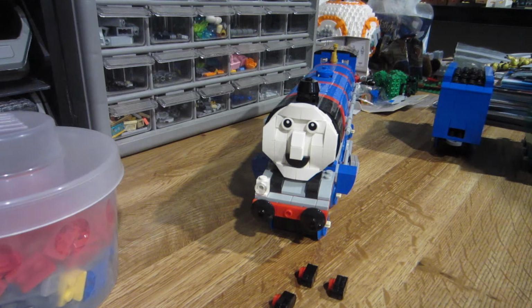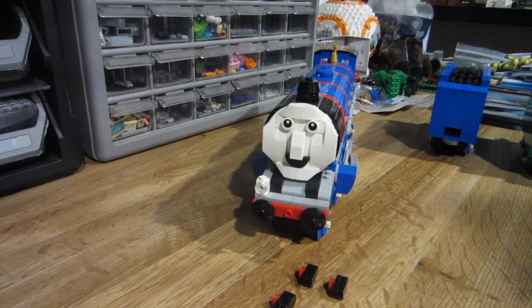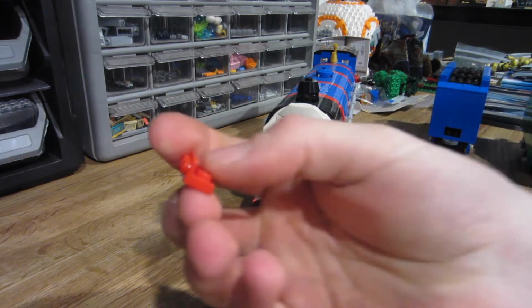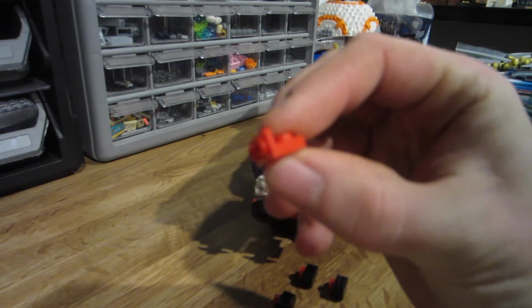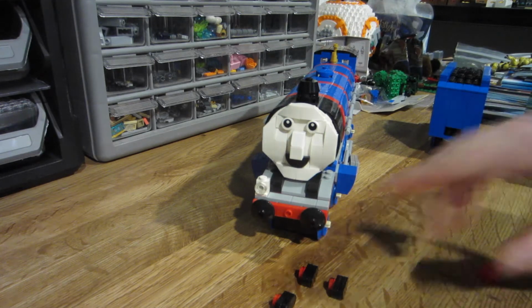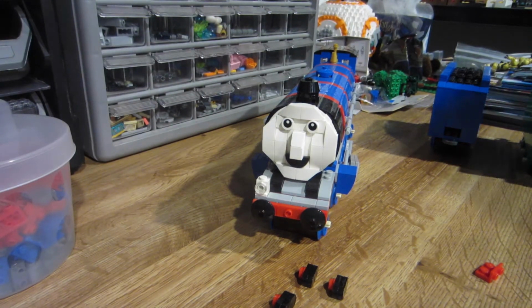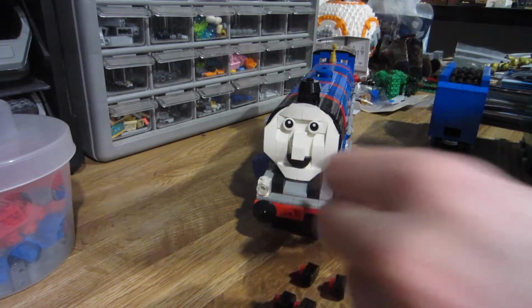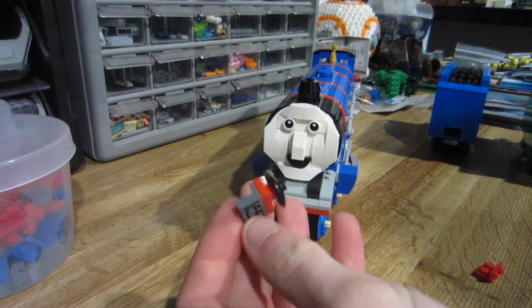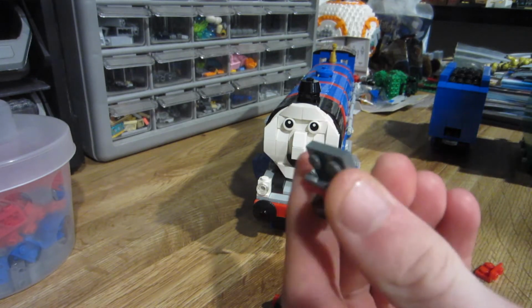But a big thing is here, Gordon's a prime example of a modification that needs to be made, as well as Henry's tender. So I got the two tenders over here and Gordon's body over here. I ordered in some of these red inverted modified plates. I used them in dark stone gray over a year ago, probably 2 years ago now, whenever I started doing these engines. I found them on my pick-a-brick wall, and I bought a whole small cup just because I found them in bulk, and at least they'll all be the same. All of them are going to have these dark bluish gray